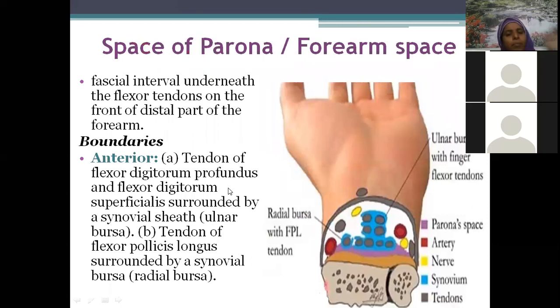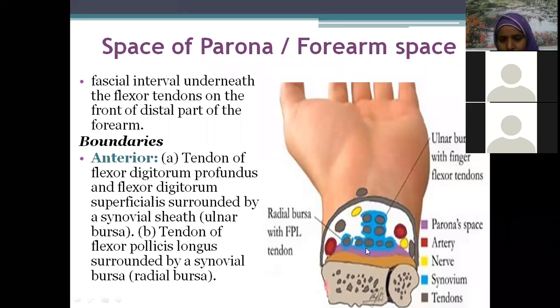Now in the forearm also you have seen muscles, no? Flexor digitorum superficialis, long tendons, flexor digitorum profundus, flexor pollicis longus, flexor carpi ulnaris, flexor carpi radialis, palmaris longus. All were having a journey from forearm to palm. So all these tendons are surrounded by synovial sheaths, isn't it? What is the purpose of the synovial sheaths? Lubrication. Reduces friction, because a lot of friction, they get rubbed over each other.